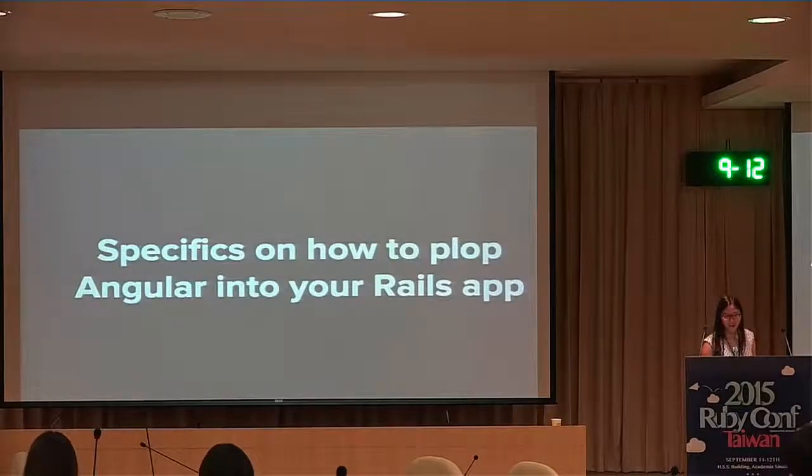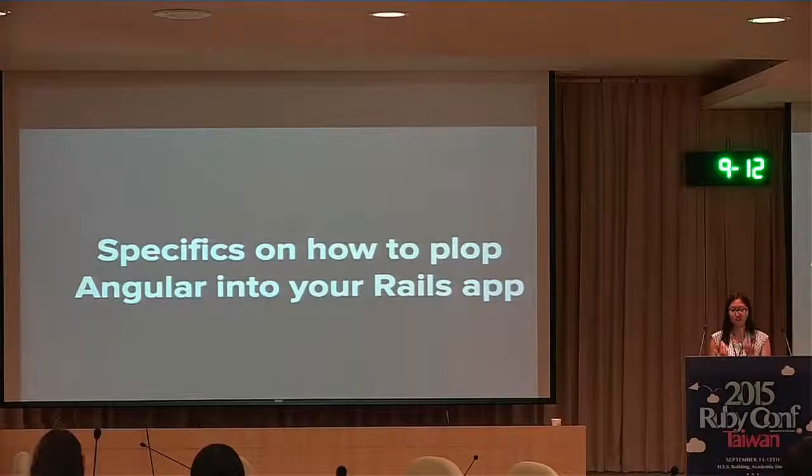Okay, so let's go over some ways you can plop Angular into your Rails app. The first thing I'd like to cover is that you need to get your JavaScript into the asset file. We've got some gulp tasks that compile our JavaScript into one file and put it somewhere where the Rails app can load it. Next steps for our organization that we don't do yet include minification and source maps so that you can debug easily in the browser. We already have code coverage and linting.